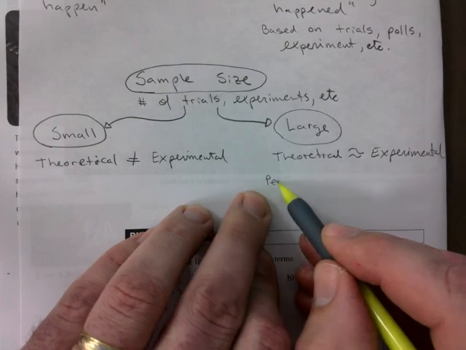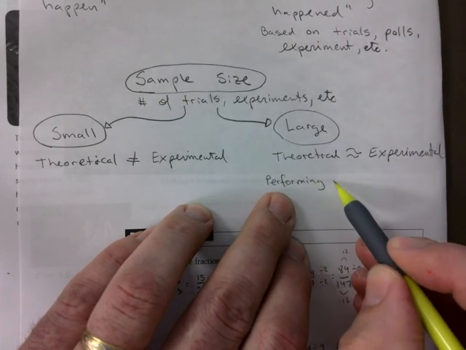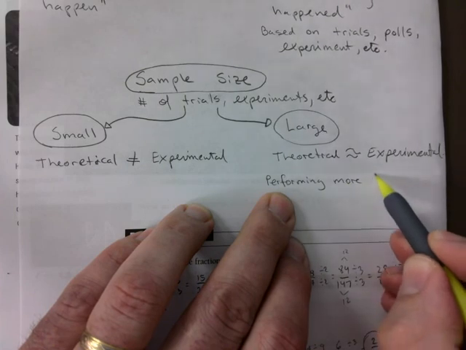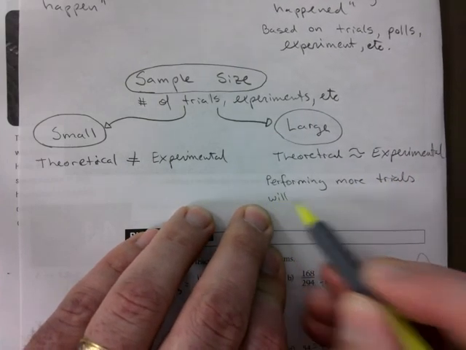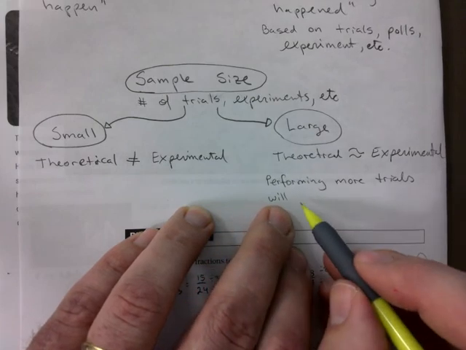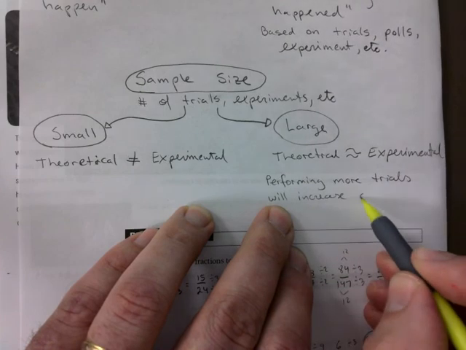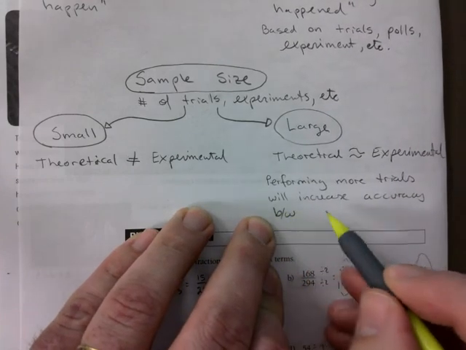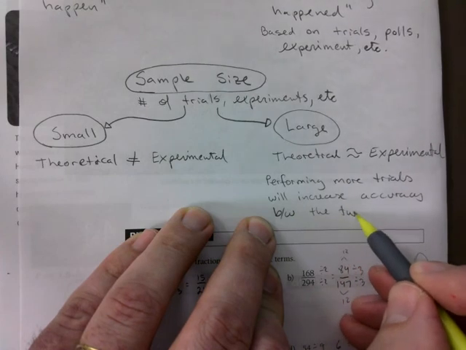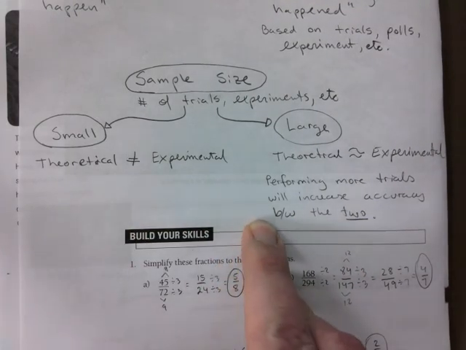Performing more trials will increase accuracy between the two. Between, to shorten that,